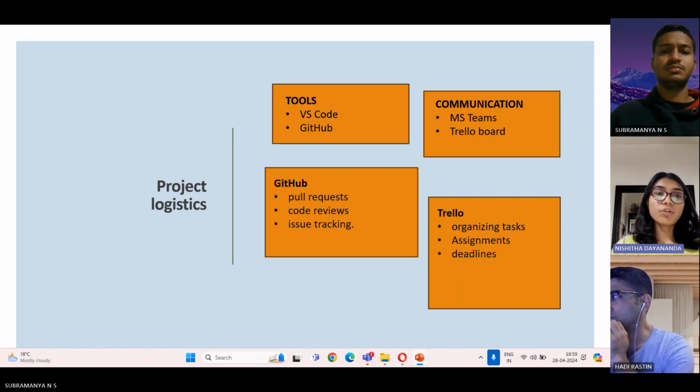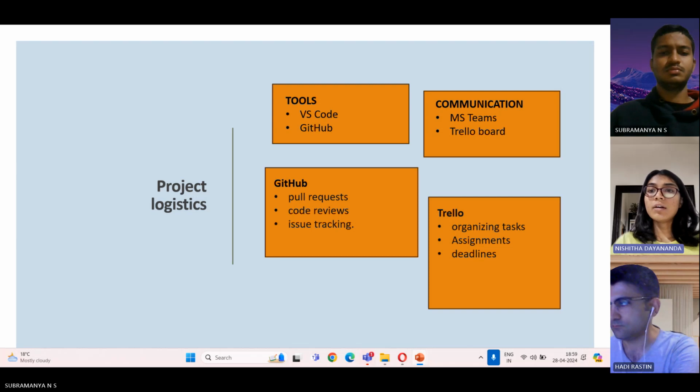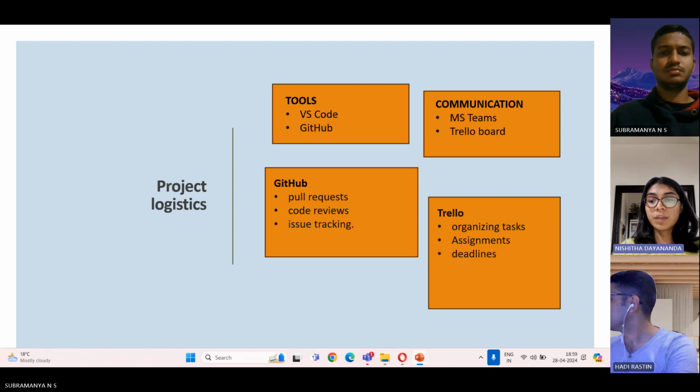Trello served as our project management tool, offering a visual representation of tasks, progress, and priorities. The board style representation enabled us to organize our workflow efficiently and track the status of each task,